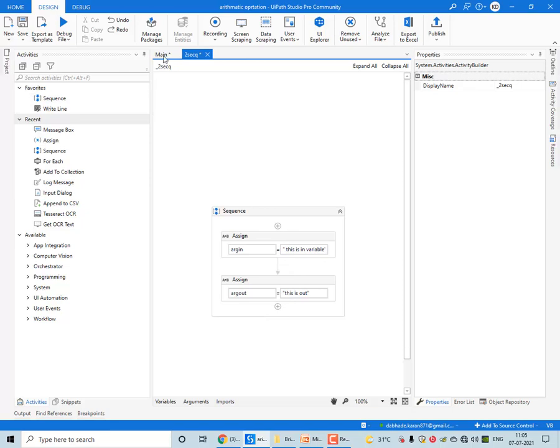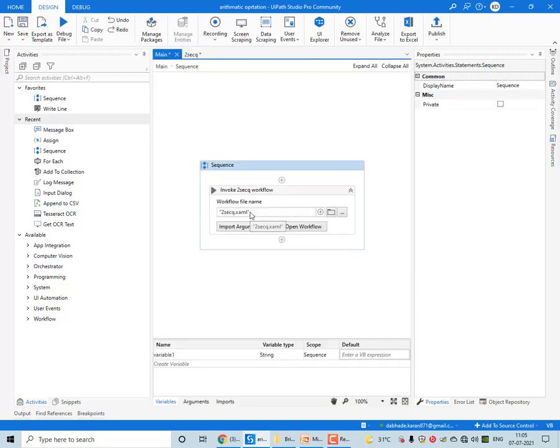Okay, and this is the main workflow. Now in your main you can see the invoke second workflow name is visible, and from here you can have